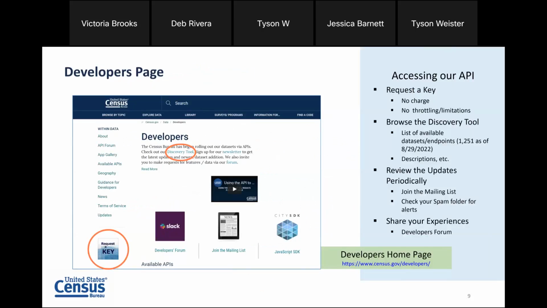The developers page is your first stop shop for working with the API. When you get to the page, I just wanted to point out a couple of high-level details. One is that you'll see a link to the discovery tool at the top of the page. We're going to be working in the discovery tool today. On the left-hand side, you'll also see an option to access the available APIs on the Discovery tool, some guidance for developers to include the API user guide,